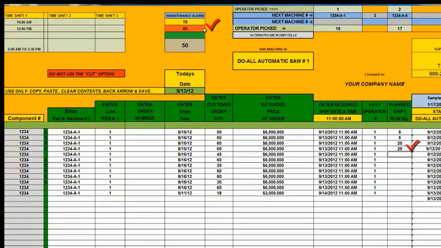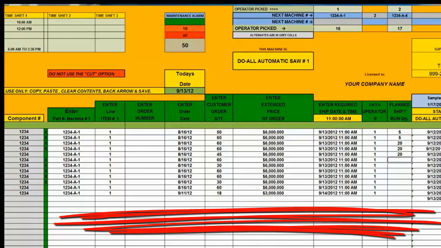Okay, now what we see here is 40 minutes of the old 50 minutes has now gone into orange, which means we've now used up 87% of our allotted amount of maintenance time between intervals. And 10 more have come into the green. That's what you're seeing. Between all of them, we have a total of 50 minutes. So let's add another one. Okay, now you see that the quantity that was in yellow has now moved into orange, and portions of the orange have now moved into the red, and we still have 50 minutes worth of maintenance. That's really close now. So what we would probably do, because we show no customer demand down here,